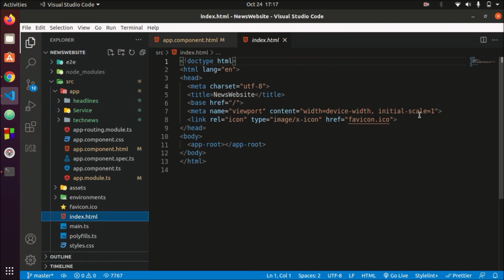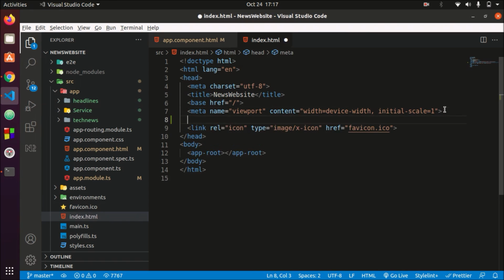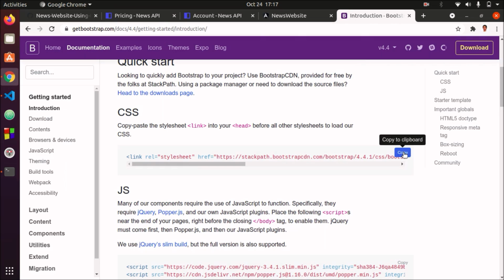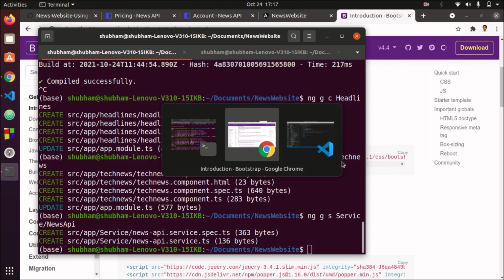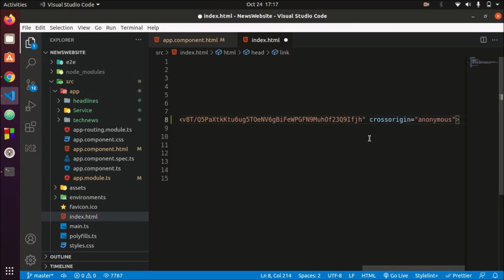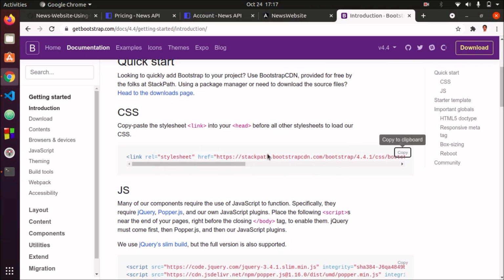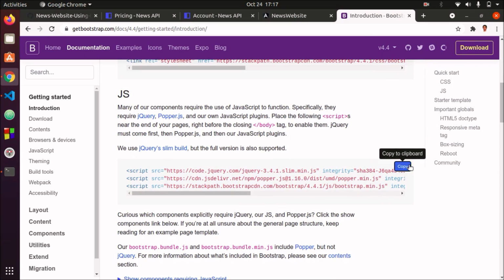So let's find it and paste it here. I have already opened the page, so it will not require me to search for the links. And we know that there is a JavaScript file which we will be adding at the end of our page.